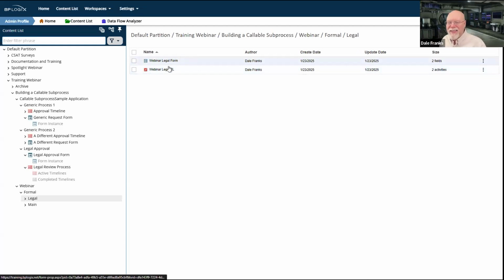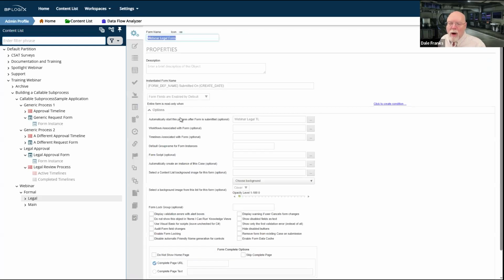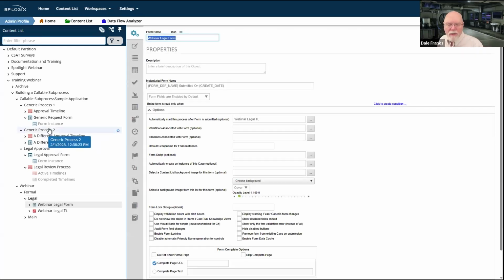I don't have to make this a fully standalone process with its own form submission, possibly even its own knowledge views, its own reports, and all the other stuff that I might have to do. What if I just need this legal timeline to run? And I don't want to go through the inconvenience, and it is an inconvenience, by the way, of running this webinar legal form as part of the legal review process.